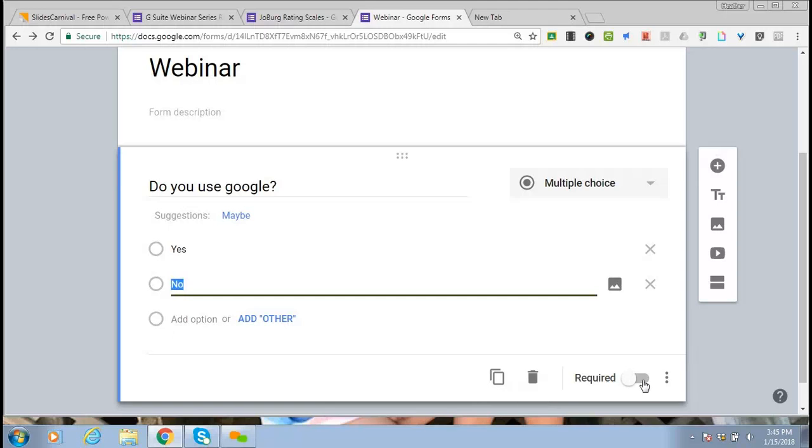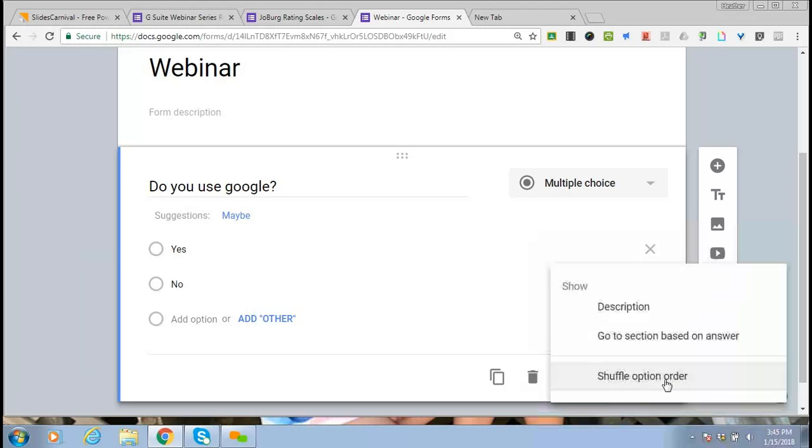You can require the question. So what that means is if you hit required, it won't allow anyone to submit the form until they've answered that question. And then if you click on the snowman, you can write a description, or what's kind of cool